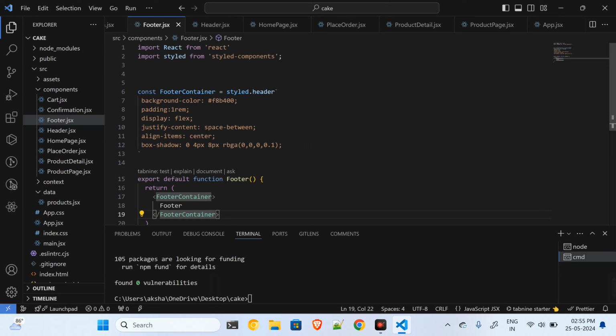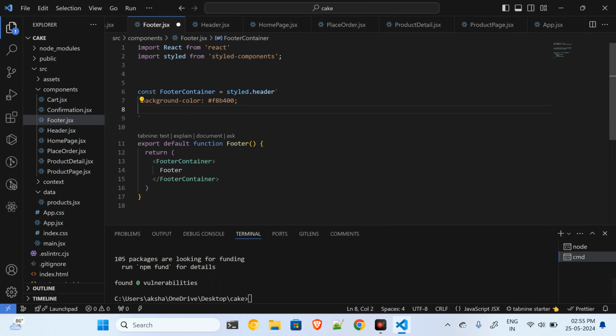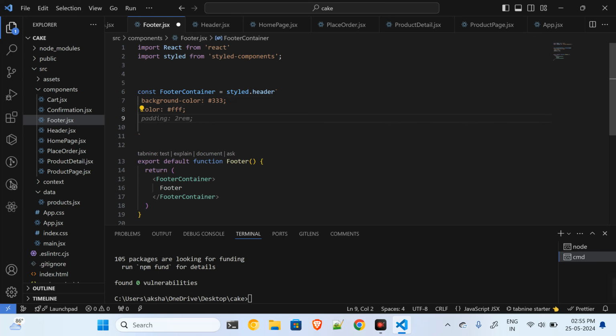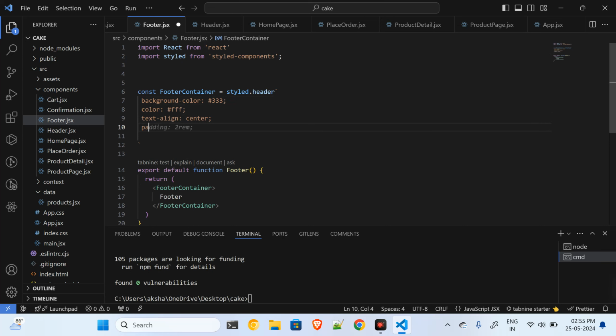Okay, so when it comes to the styling part, background color I will give as hashtag 333. It's a kind of brown color. Then I will give the color. Color is basically the color of the text. I will give the text align as center, and then I'm having the padding of 2 REM, and